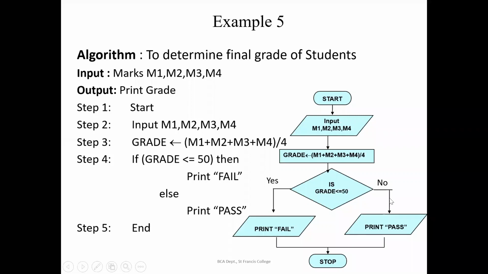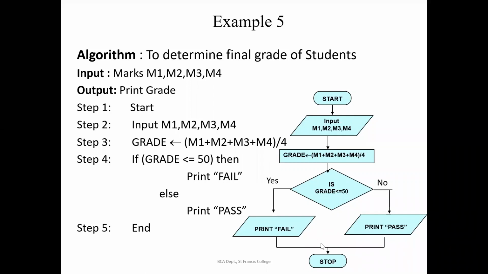If it is greater, that means the condition we have mentioned in the decision box is not satisfied, then it will be taking the right path. If you have any doubts, you can ask. Okay, so you will be using print output boxes to print the output onto the screen. And again, from these two, you should not get that confusion.